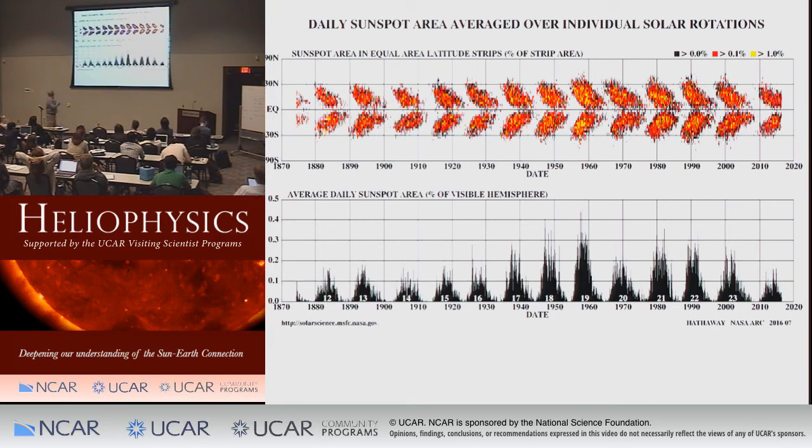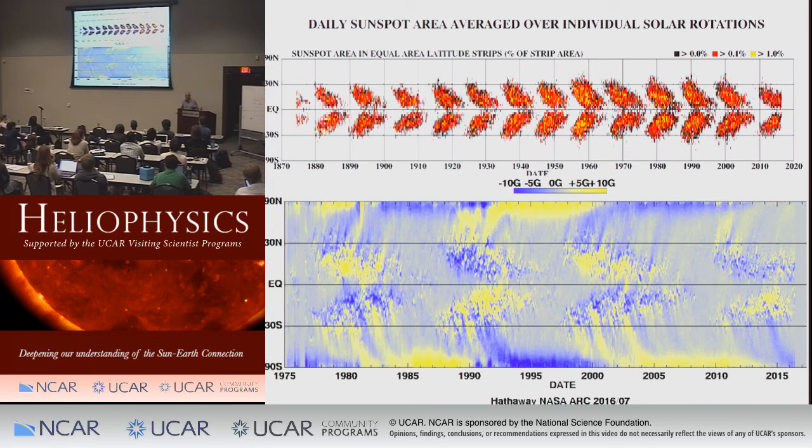This is a number that characterizes how much of the sun surface is covered by spots, starting in 1870 and going forward. And you can see it goes up and down. This is the solar cycle. So this is the manifestation of the sun's magnetic field